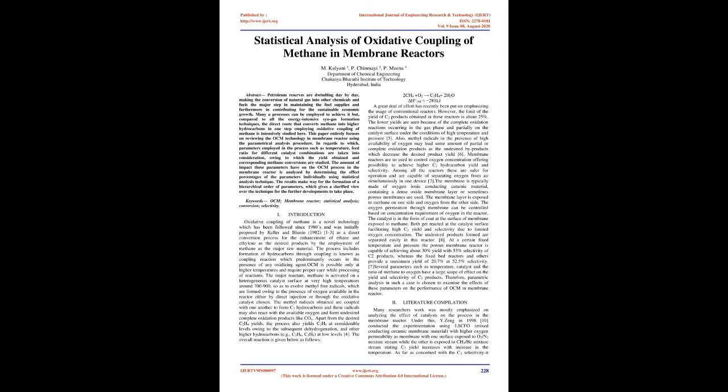Also, methyl radicals in the presence of high availability of oxygen may lead to some amount of partial or complete oxidation products as undesired byproducts, which decrease the desired product yield [6]. Membrane reactors are therefore used to control oxygen concentration, offering the possibility to achieve higher C2 hydrocarbon yield and selectivity. Among all the reactors, these are safer for operation and are capable of separating oxygen from air simultaneously in one